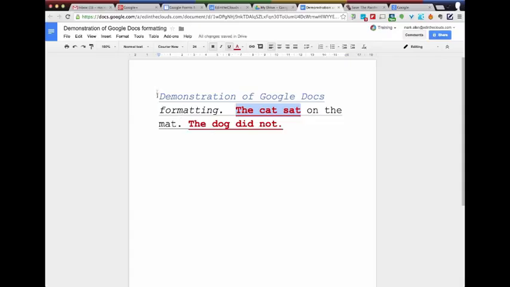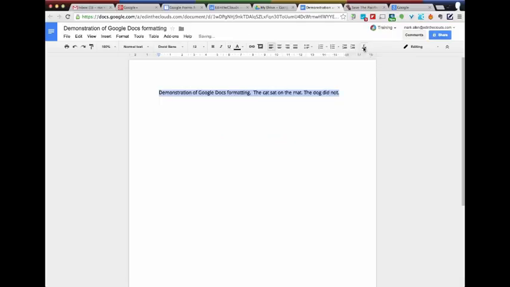What we can also do is copy and paste to get text where we want it to be. So I'm just going to remove all of this formatting by using the Format Remove option. And I'm now going to copy that. I can do this several ways. I could use Command-C or Control-C if you're on a Windows machine, and then paste it back in using Command-V or Control-V. Or,